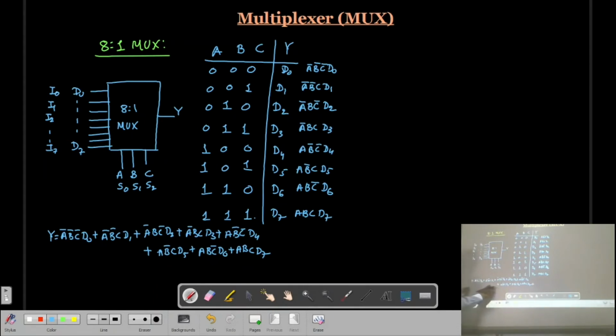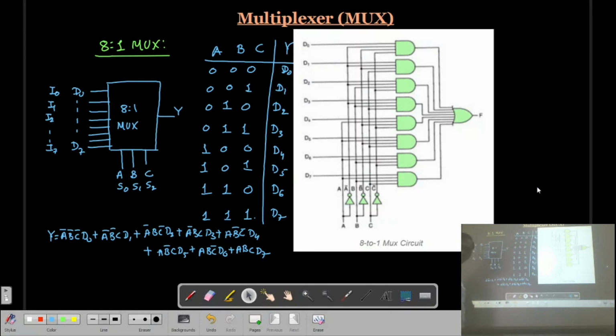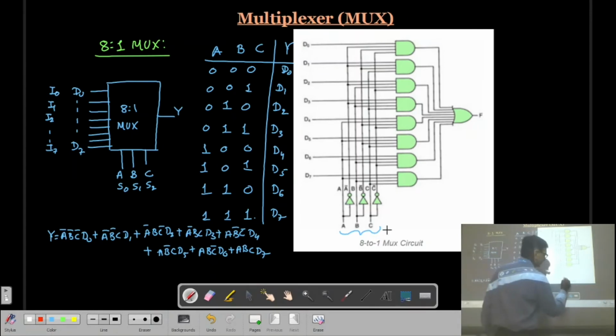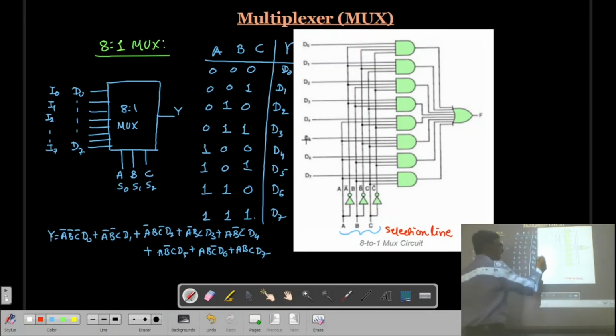And accordingly, from this Boolean expression, the logic diagram will be like this. In this logic diagram, one can see we have three selection lines, that is A, B, C. These are the selection lines, and we have 8 input lines D0 to D7, and Y is the output, and every AND gate is generating a minterm.